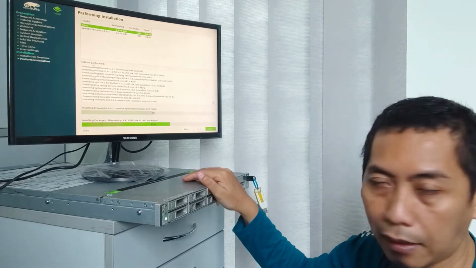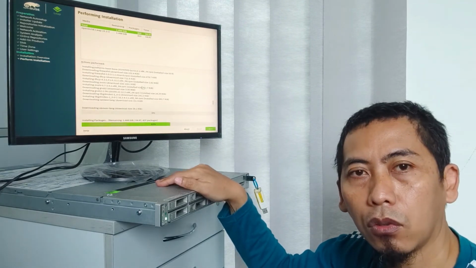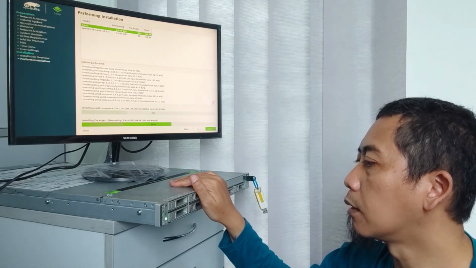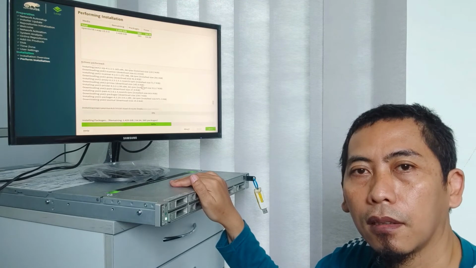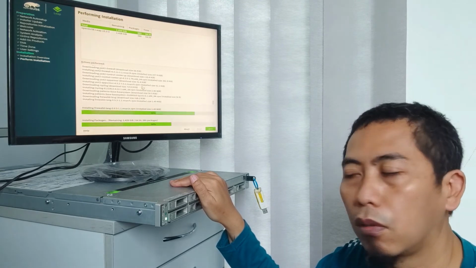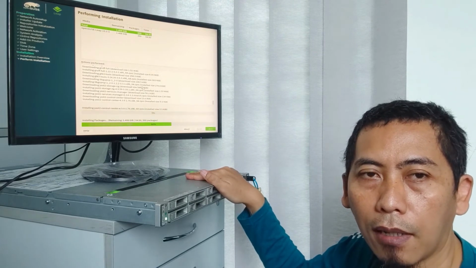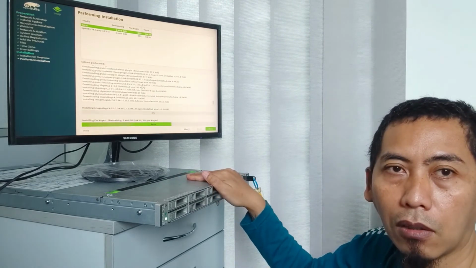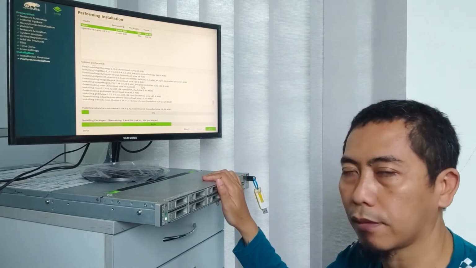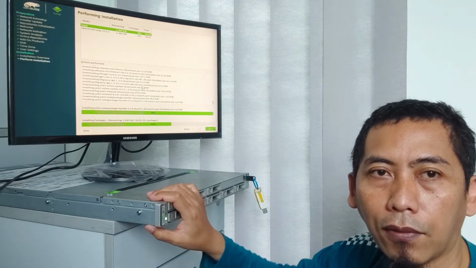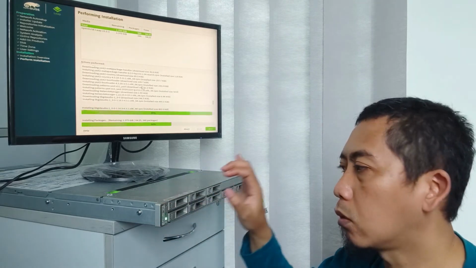So I think I'm very lucky to have this kind of server to test how to install the server, because this is personally mine. It's not an office server, it is mine. So I will test everything within my capability on this machine.